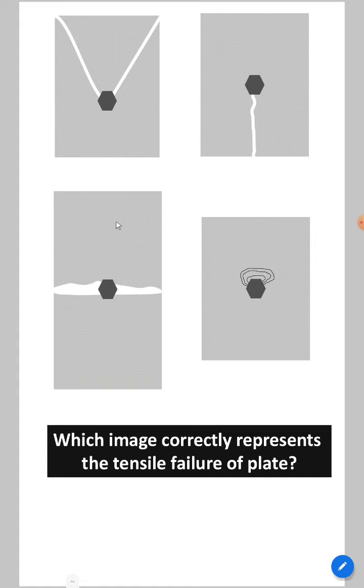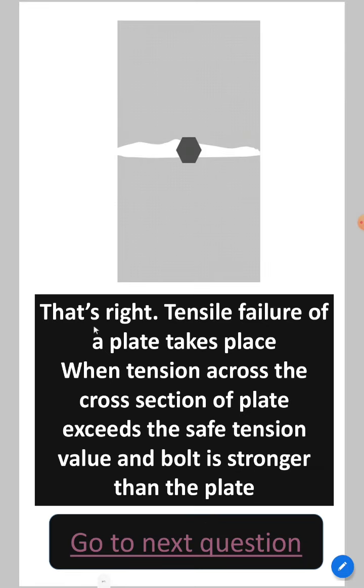Now out of these four we have to focus on tensile failure. Okay, so because of tensile failure the plate fails like this. The bolt is intact because the bolt strength was more than the plate, and that's why the plate has failed in tension in this mode. Okay, this is the right answer. If it is right, we will proceed to the next question. Since the sheet is interactive, just click on the correct answer and then you will go to the next page. Okay, let's click it.